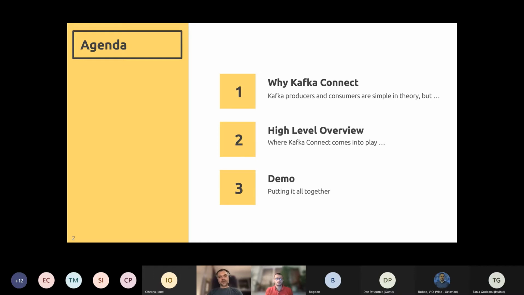There are three parts in the agenda, and we'll try to find out what Kafka Connect can do for us and why we should use it. After that, we'll have a high-level overview of Kafka Connect, where we'll discuss the architecture and some of the concepts. And in the end, we'll put everything together in a short demonstration.